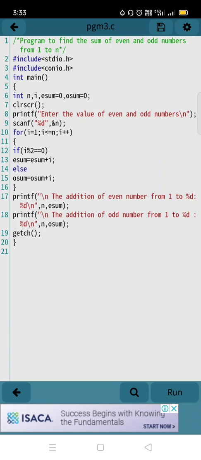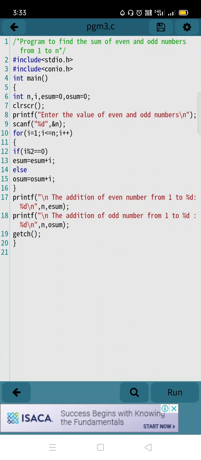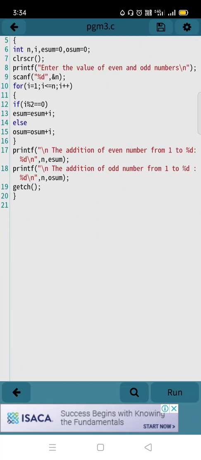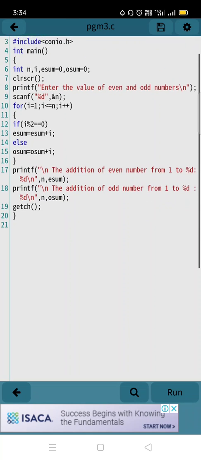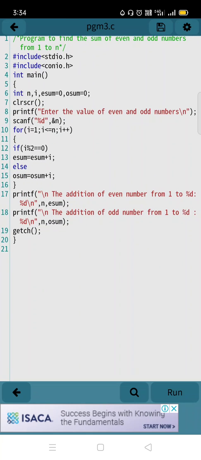If you take 1 divided by 2, the remainder will become what? If you take a division sign, what are you going to check? If you take a mod value, that is the percentage symbol, that is called mod.